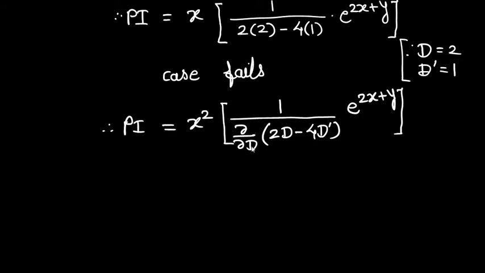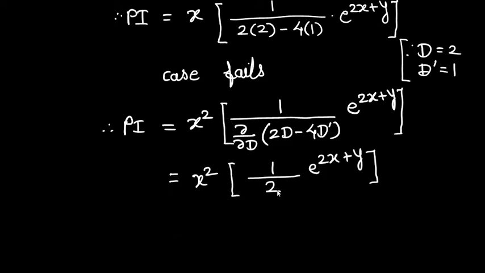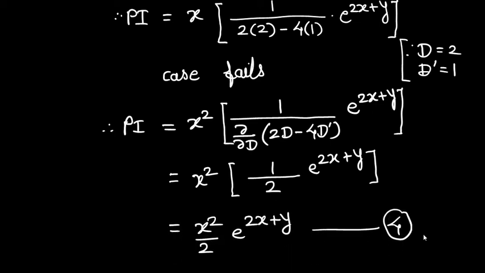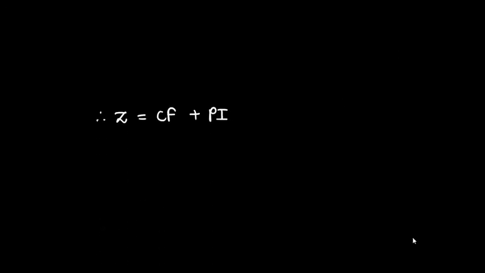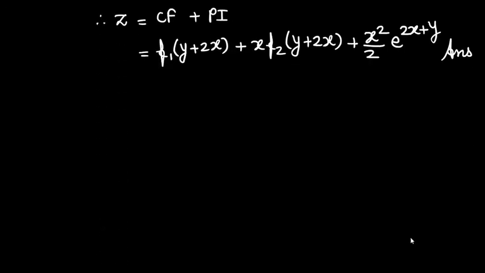Now here, 2 times the differentiation of the previous function of D, D dash, or we can take f dash of D, D dash. Therefore f of D, D dash is D square minus 4DD dash plus 4D dash square, and f dash is 2D minus 4D dash. Now differentiate this partially with respect to capital D. We get the denominator term 2, which is finite, therefore we get the required PI. Then lastly we write down the complete solution CF plus PI. This is the first method for solving the problem whenever case 1 fails.